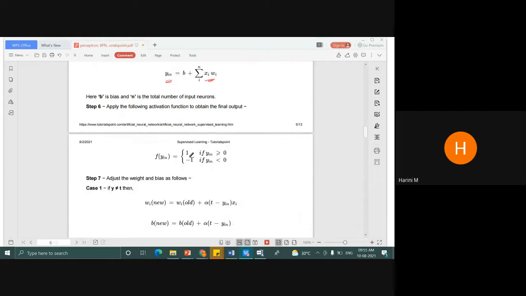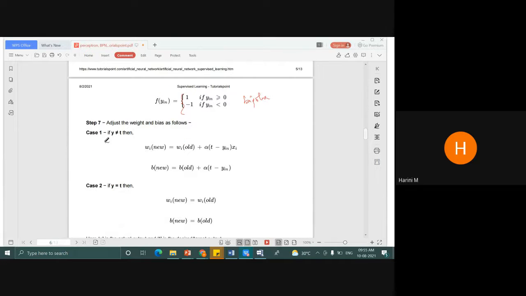See, in the earlier case, it was 0 and 1. Here it is 1 and -1. I told you, bipolar. So these are the bipolar values, -1 and 1. Now, if your obtained value and the target value are not the same, which means the network has to learn something, so you have to do the updation part here. Now this is known as the delta rule. So your target value minus the obtained value with respect to the input. The same formula: alpha t, but instead of t you are going to have this delta rule, t minus yin, because here the back propagation adapts on its own.